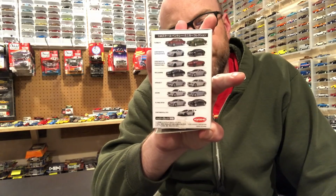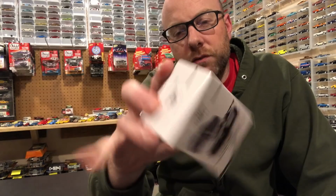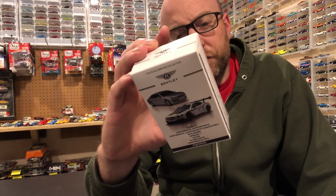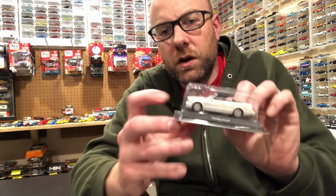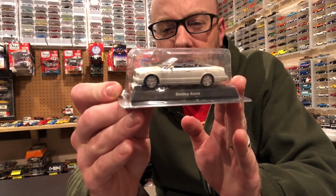And then I've got one Kyosho in the mail. This is from the Bentley series of Kyoshos. I scored this pretty cheap off my favorite eBay seller. Out of all the ones in the series, it's not my number one choice, but I thought it was really cool to get an example of this. We're obviously going to look at it real close in the second segment of the video, but this is the Bentley Azure,